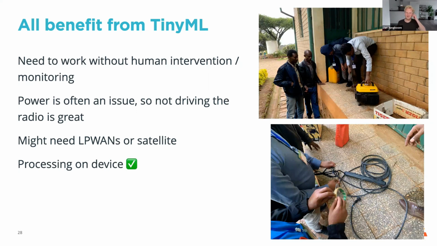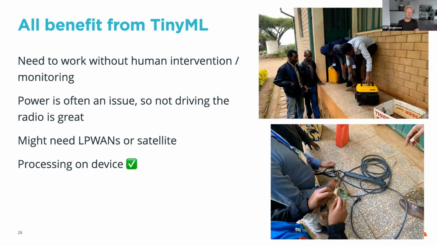So we drove around Addis Ababa for a morning trying to find a generator. And that's the generator that you see there on top. And at the bottom, we realized that the generator didn't have the right plugs. So we literally duct taped some plugs together, and that's how we powered the gateway. So not that great if you want to deploy something in real life. It's really great if the sensor is running standalone.